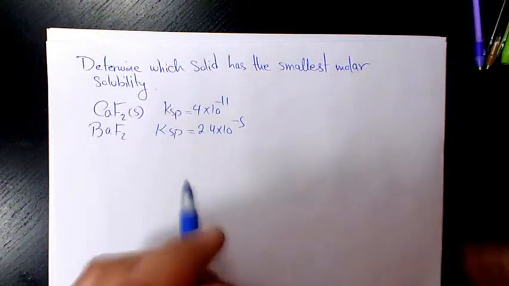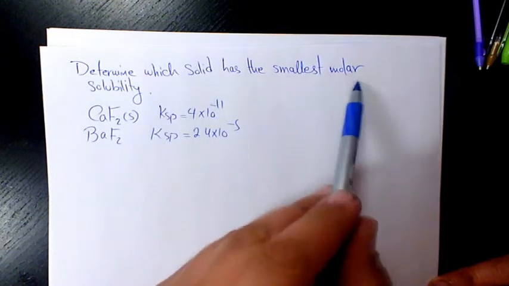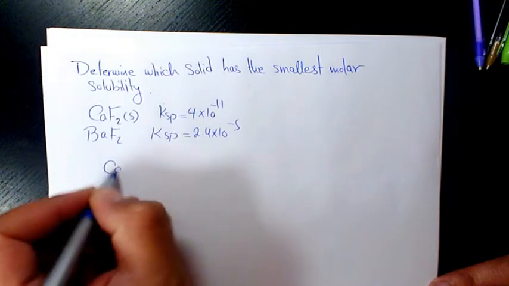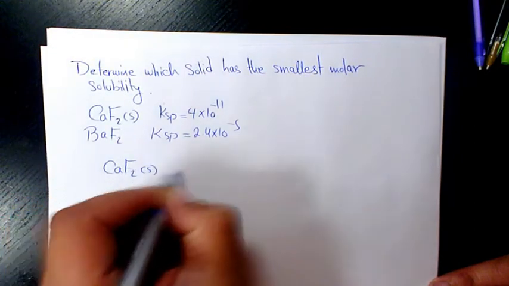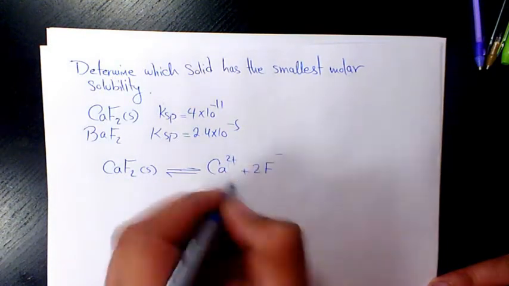Welcome to another video. In this video I want to show you how to determine which solid has the smallest molar solubility. So how do we do that? I'm going to write CaF2, which is a solid. It's going to produce Ca2+ plus 2F- aqueous